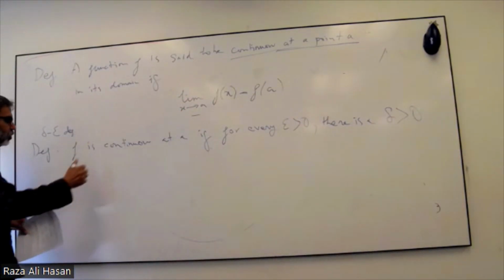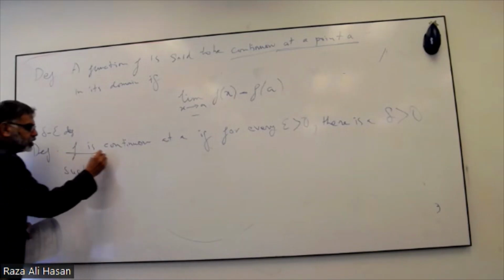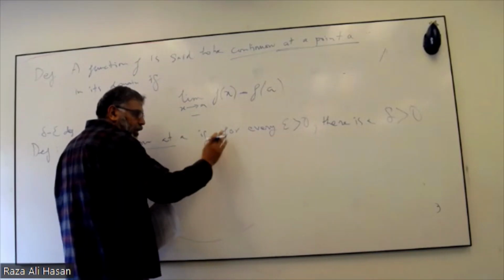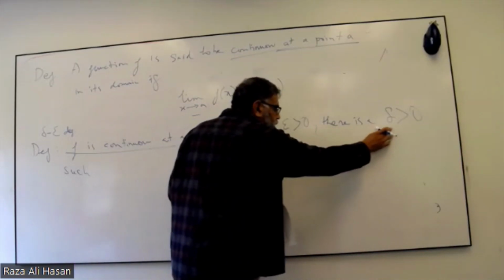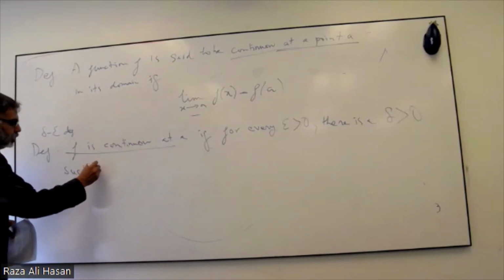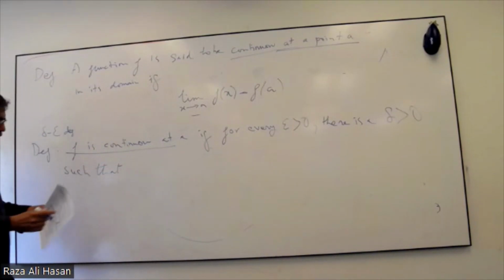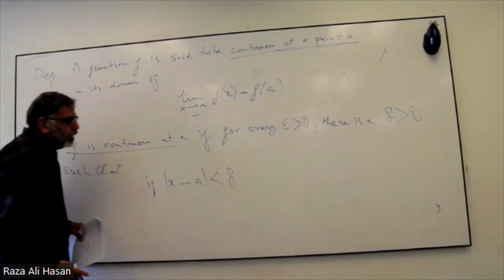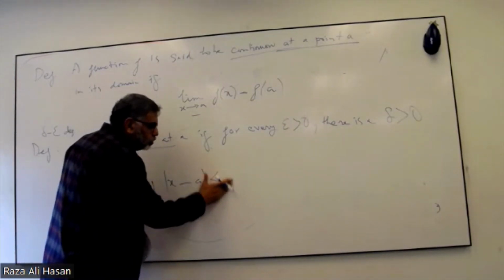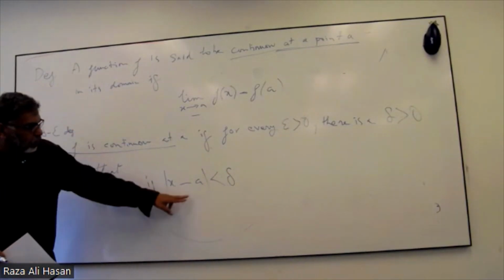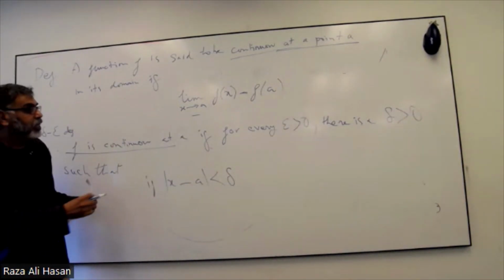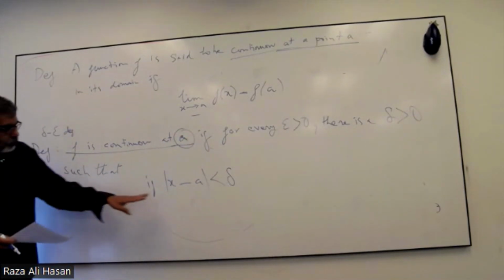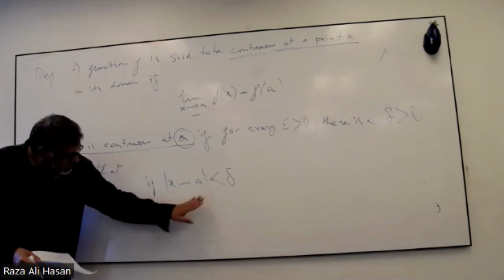If this is the case, such that, so if you have those numbers, then f is continuous if for every epsilon you choose, any sized epsilon you choose, this delta exists such that this condition is true. And the condition is, if all the numbers that are within delta distance of the center point A, the point we are interested in, this guy here, A. If we have this situation and this is true, then